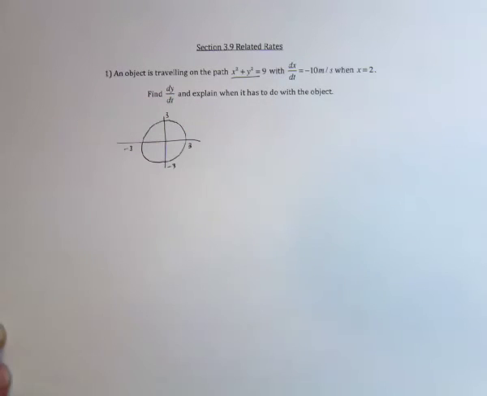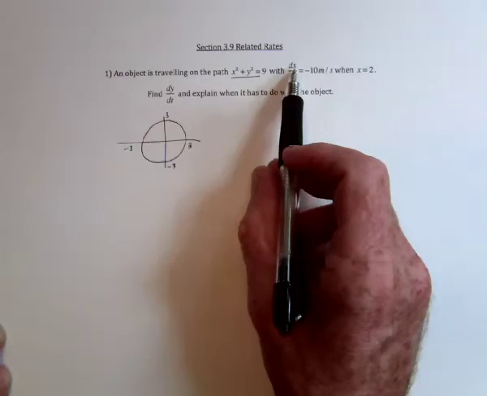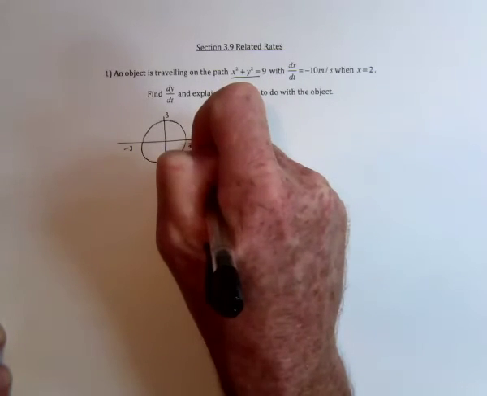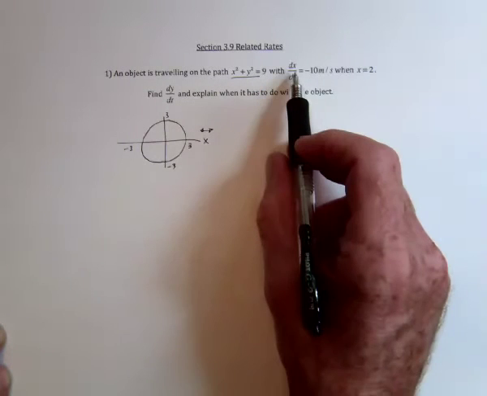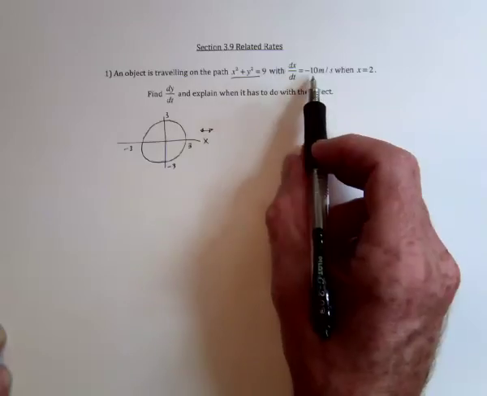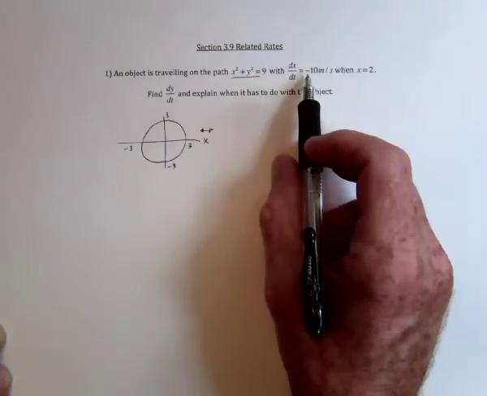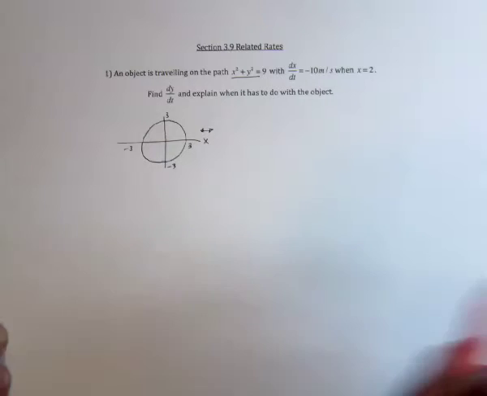And then it says dx/dt, so that's saying in the x direction. So here's the x direction, which means left or right. In the x direction, it's going negative 10 meters per second. So if x were negative, that means it's going to the left. So it's going to the left, which means that the object, and that's when x equals 2,